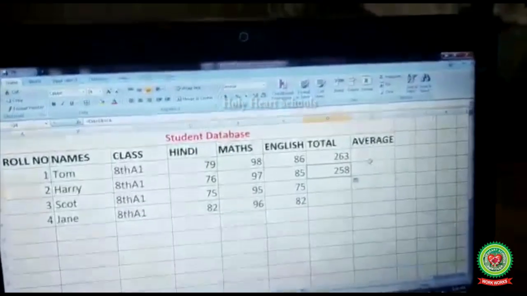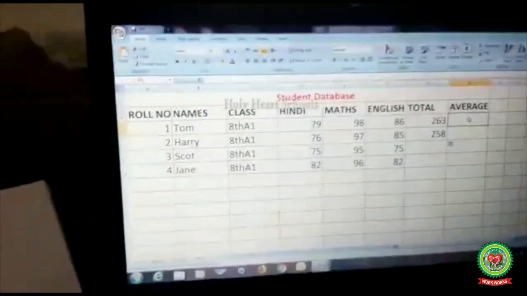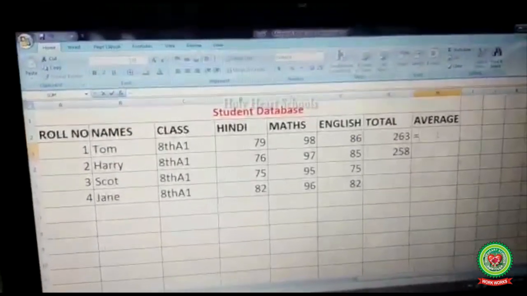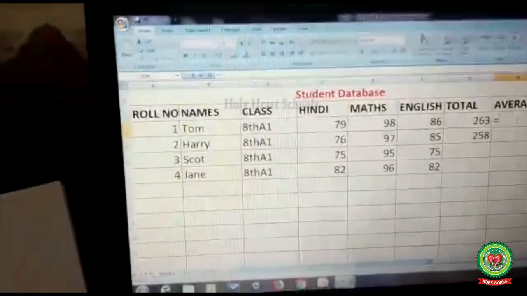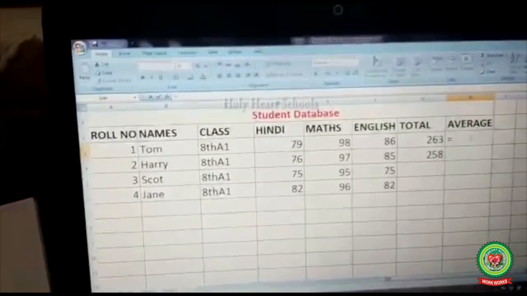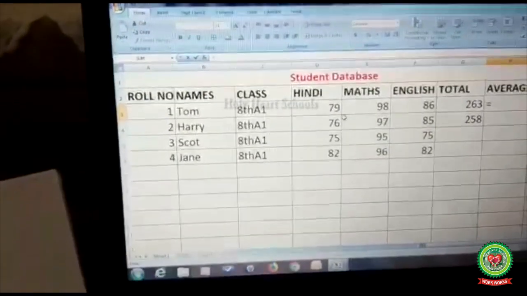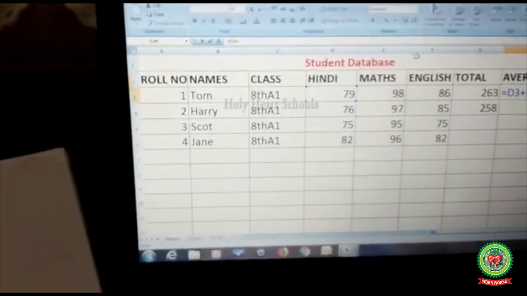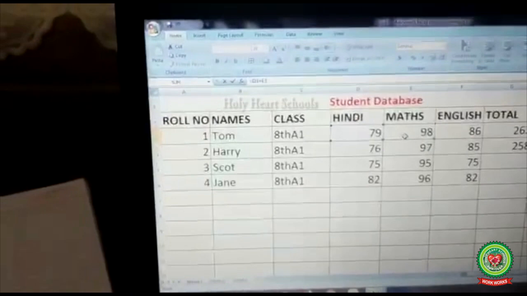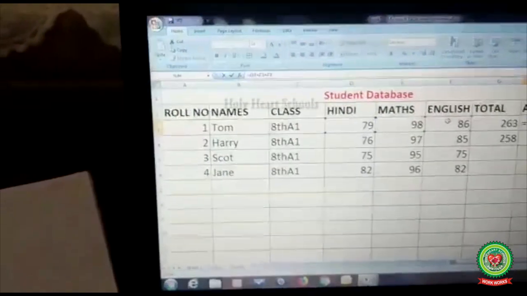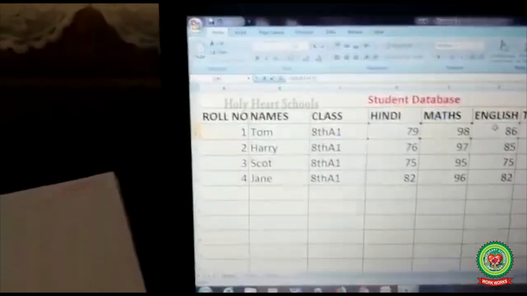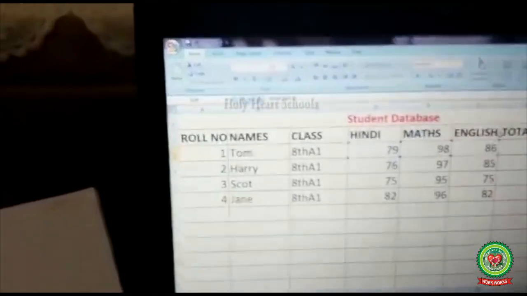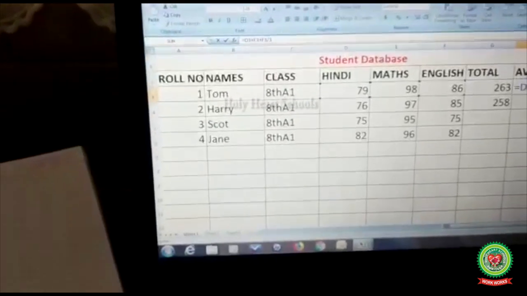Let's suppose on my PC I want to do the average. For average, I will press the equal to sign. Equal to sign is required for doing this formula. Then I'll use a cell address plus this cell address, next cell address, then type slash sign 3, meaning total upon number of units.